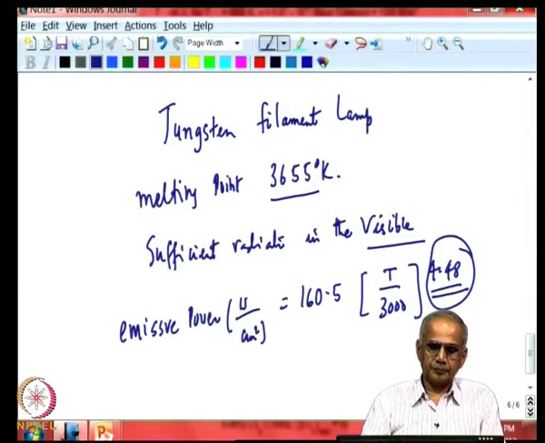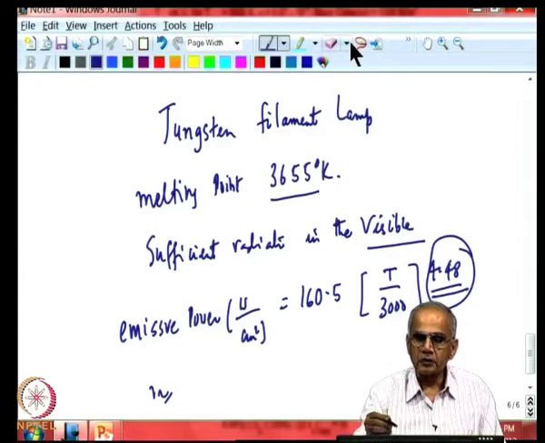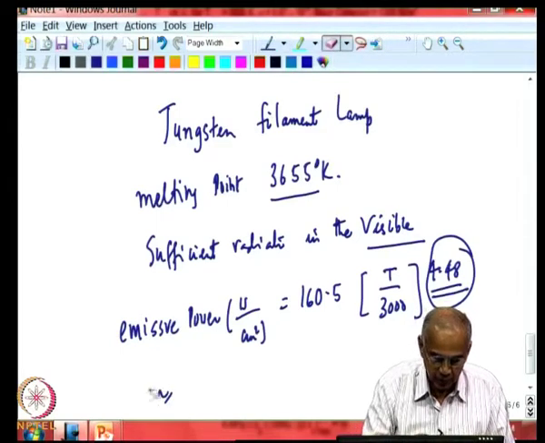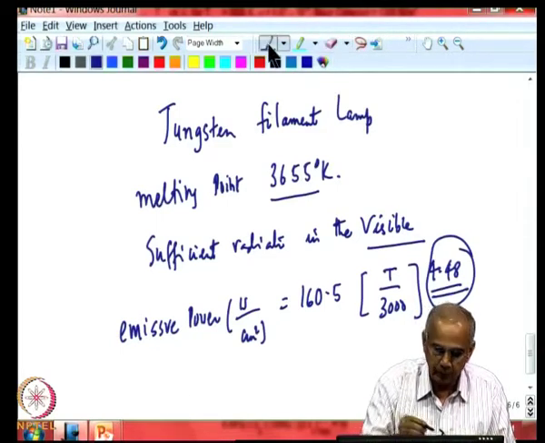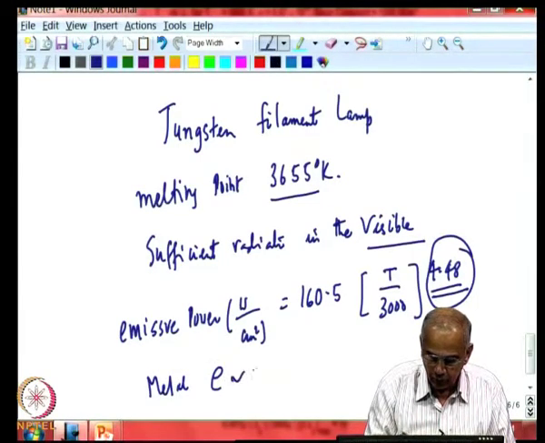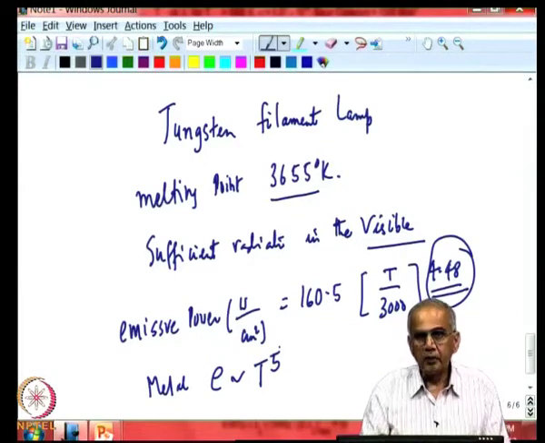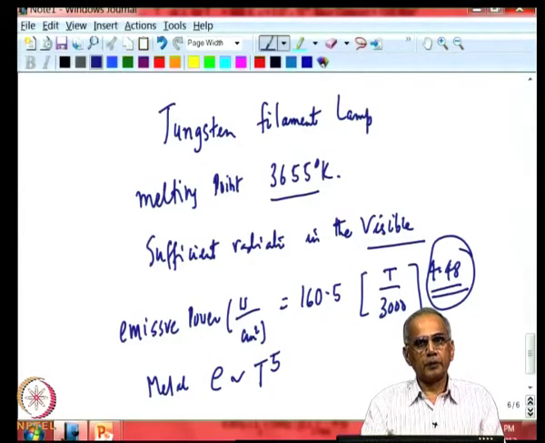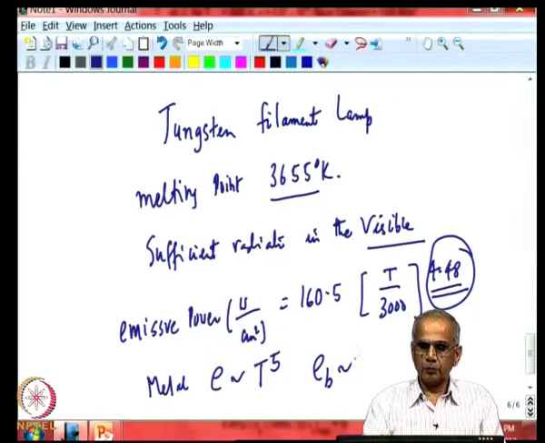It is not like a true metal. A true metal, in the manner in which we discussed the property of metals, then emissive power should go to the power of 5. Emissivity is proportional to temperature, but it is not following that. Black body is to the power of 4. So, tungsten material is somewhere between black body and metal behavior, in between, 4.5.